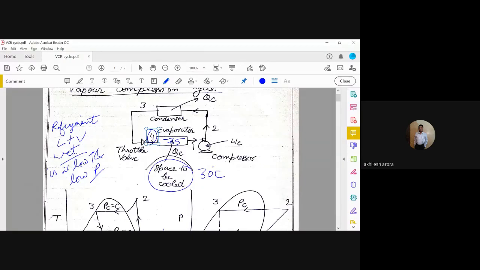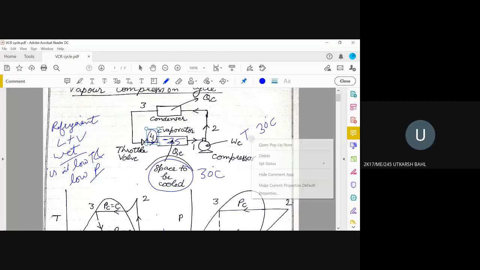So if I have to throw the heat which the refrigerant has taken for conversion from wet to dry saturated vapor to the surroundings, then the temperature of the refrigerant should be higher than the temperature of the surrounding. So if the temperature of the surrounding is 30, that means if I am considering T ambient,